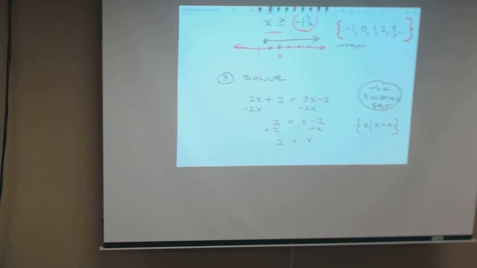And I just subtracted 2x from both sides. You go, why didn't you subtract 3x from both sides? I don't like using negative numbers any more than I have to. And I end up with 2 equals 3x minus 2x is x minus 2. Add 2 to both sides. And I get,